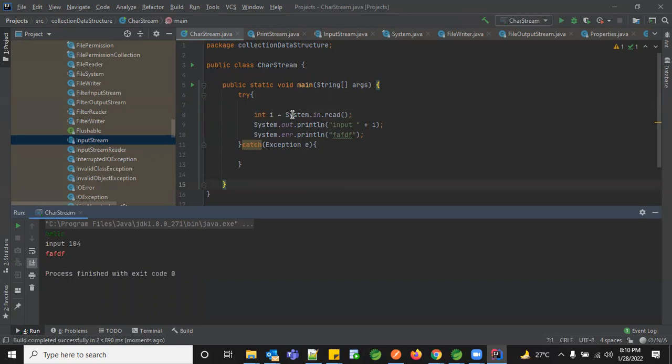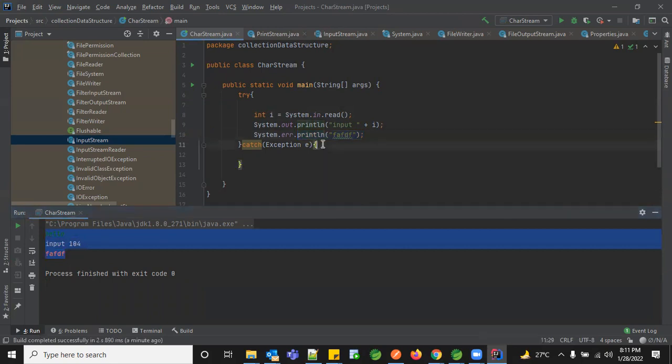If you see, whenever I gave System.in.read, it was just waiting for my input. And once I have given the input, the relevant int value was printed here. And post that, the relevant error is getting printed. And the error is getting printed in a different color, and the normal output statement is printing in a different color. So this will help us to differentiate the input, output, and the error in your console screen.